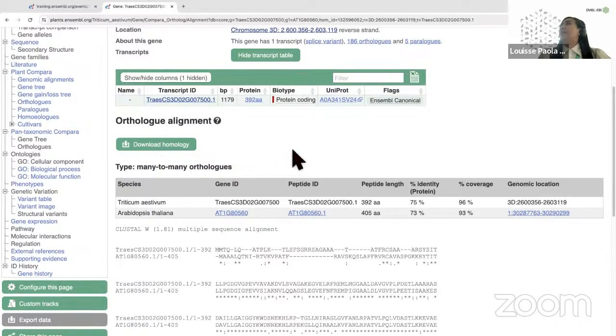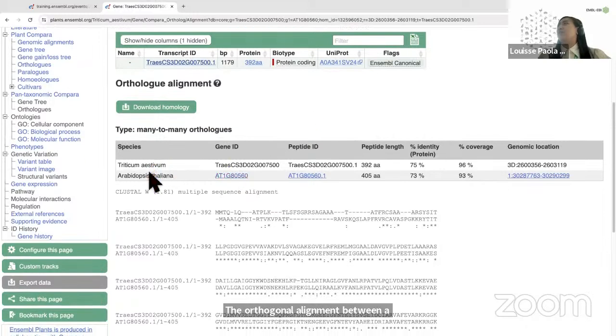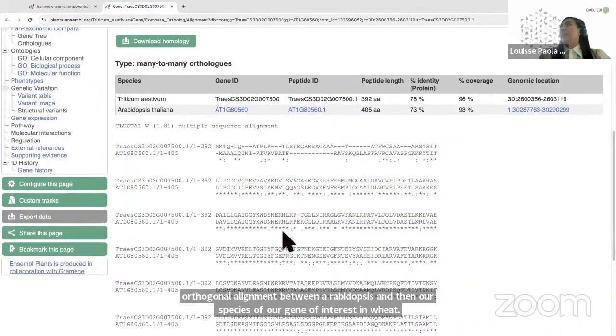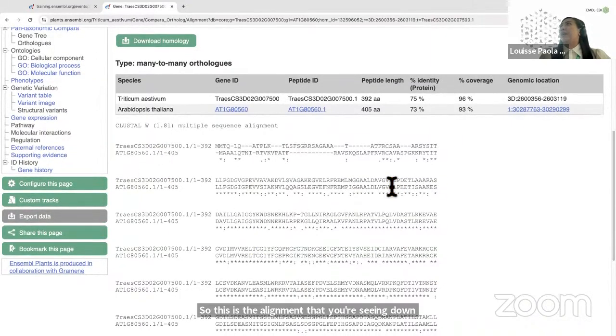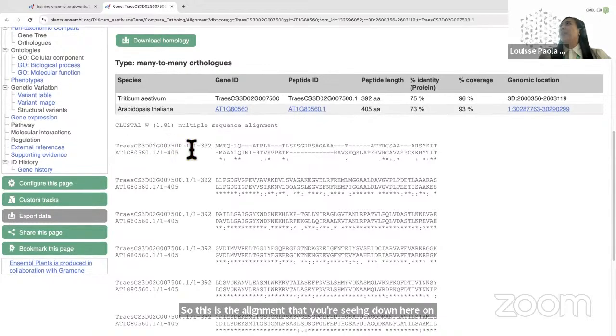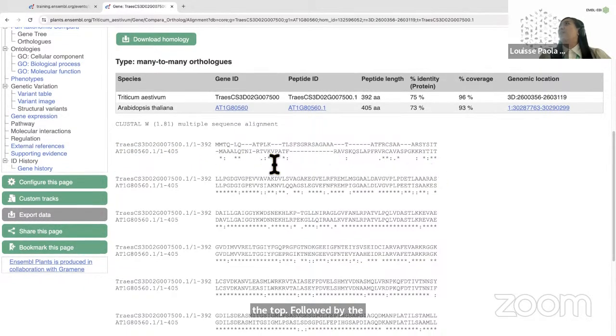Okay, so we've selected the ortholog alignment between Arabidopsis and then our species of our gene of interest in wheat. So this is the alignment that you're seeing down here on the right. This is what we call the Clustal W format. And we've got our reference, so our wheat sequence at the top, followed by the Arabidopsis sequence underneath, followed by some scoring